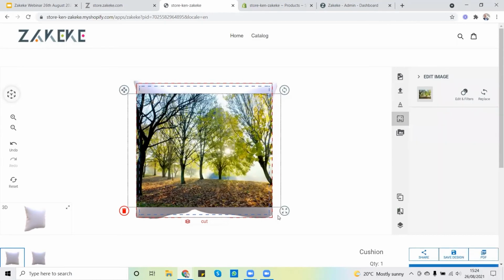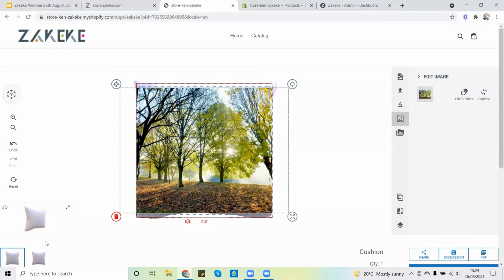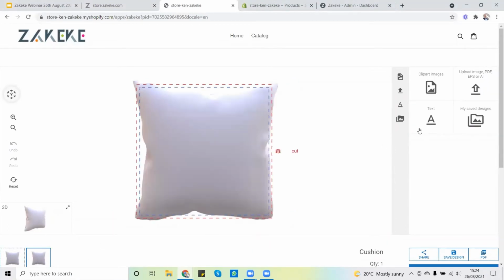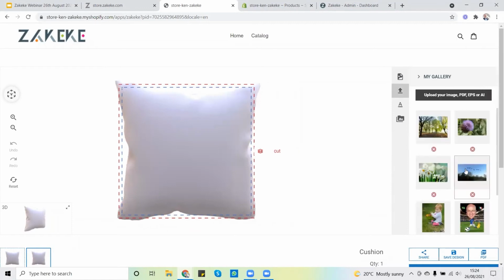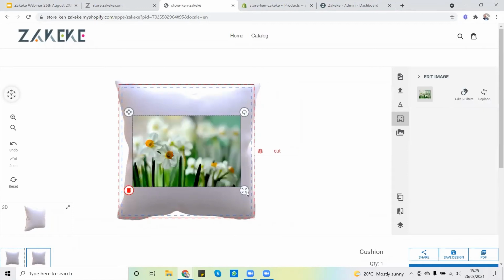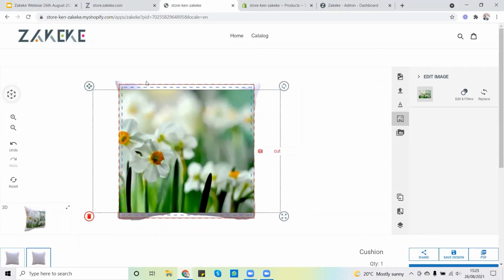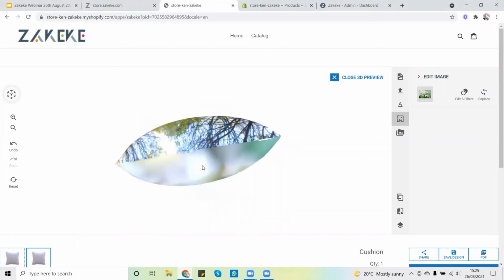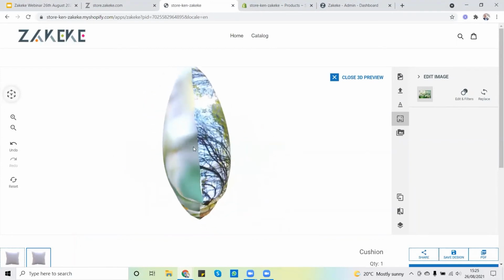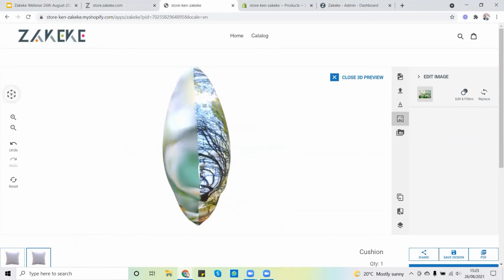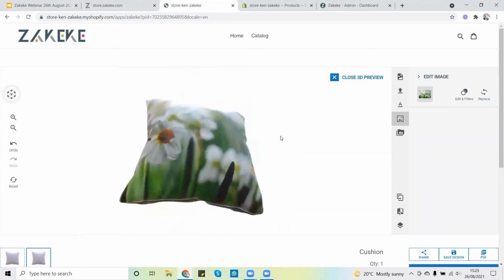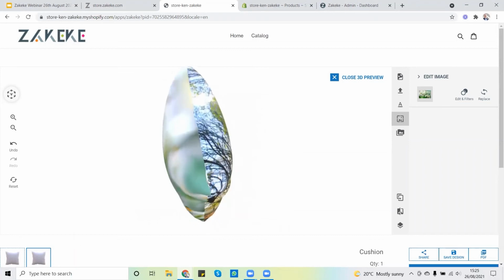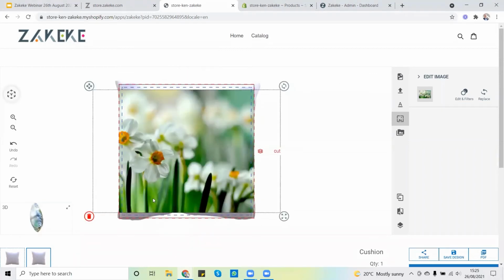What I'll do first is add a picture and show you the effects of what would happen if you haven't got enough print area. So I'll add a picture to the front and a picture to the back, and I'll deliberately leave them out of the print area. And now if I go into my 3D visualization, you can see I've got gaps in the picture there. It's not too bad. It could be a lot worse,